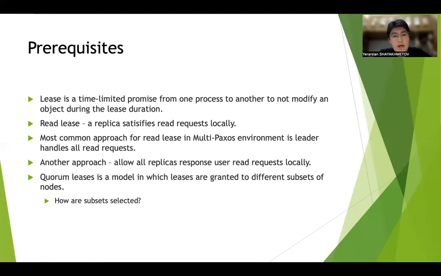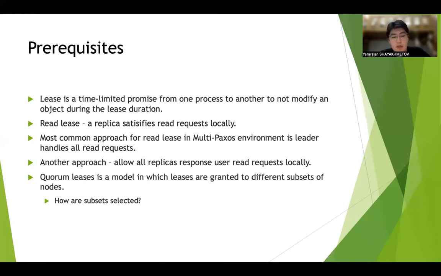And the solution we want to use and explain in this lecture lies in between, and it's called quorum leases. Quorum leases is a model in which leases are granted to different subsets of nodes. Leases are already a promise given from one process to another to not modify only some part of the data, and having knowledge about